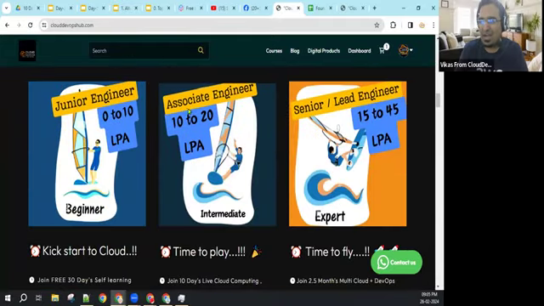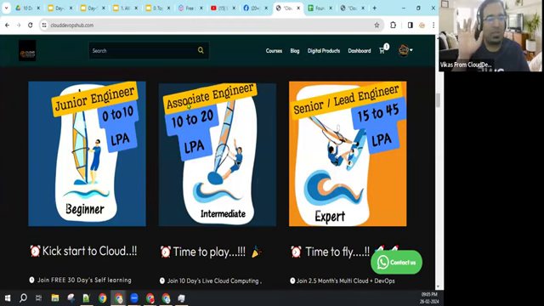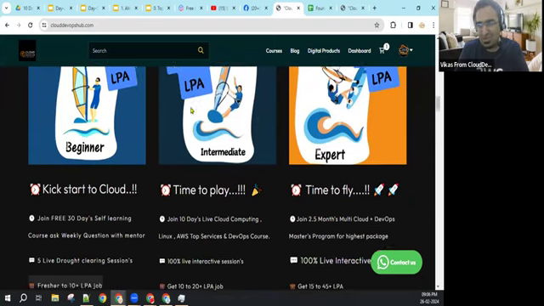See, why I'm asking you technical questions: I want to take you into the 10 to 20 LPA package range. There may be chances you are all at 3 to 4 lakh, 5 lakh packages. Correct? Everyone agrees with my point? Yes or no? You are at least at a 3 to 5 lakh package at this point. I want your package to become double. That's why I want the answer from you, and that's why I am available in front of you. Ask questions and upgrade yourself in the cloud and DevOps journey. In these 10 days, yes, you will be able to achieve this.